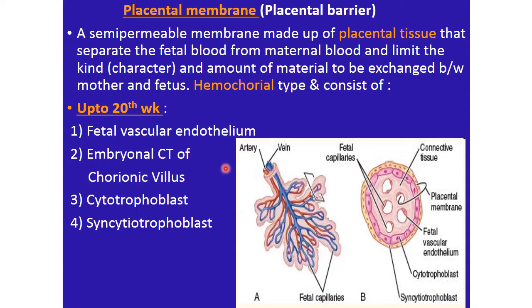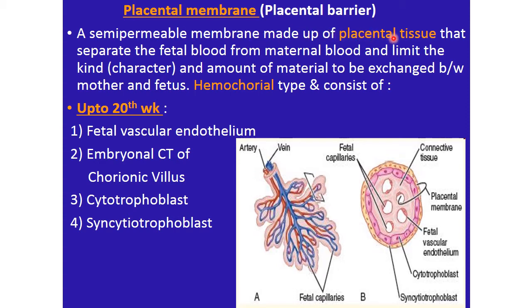So the maternal blood has to pass through the structures formed by the free villi, and that constitutes the placental barrier, and it is also called the placental membrane. So it is a semi-permeable membrane made up of